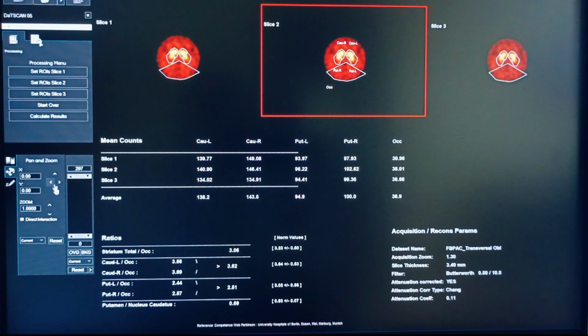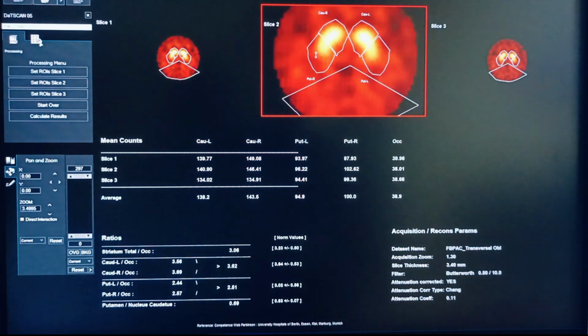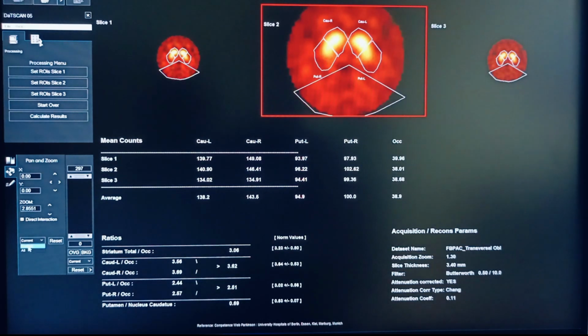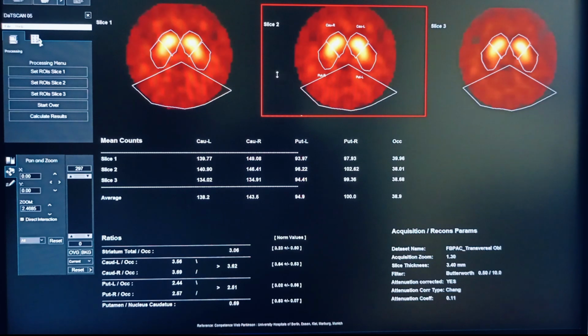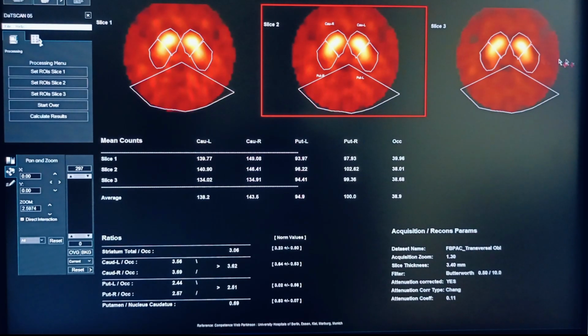Software automatically will take the previous slice as well as the next slice which we selected, right? And for the calculation it will take the average of the 3. So average of the 3, like these are the values and this is the average value,